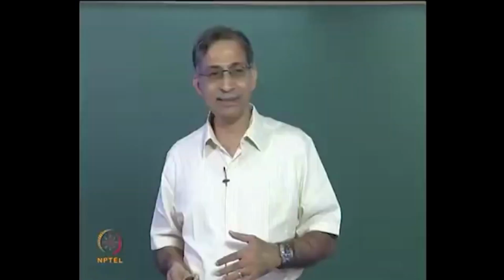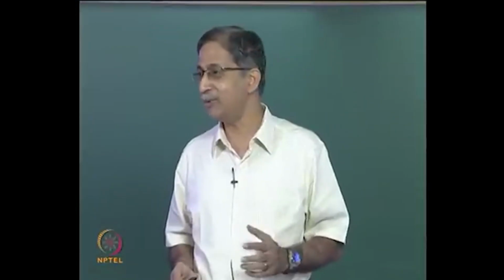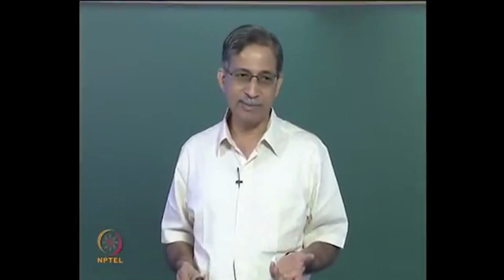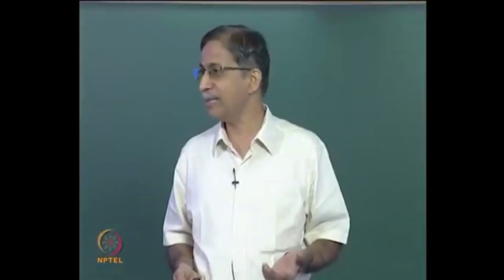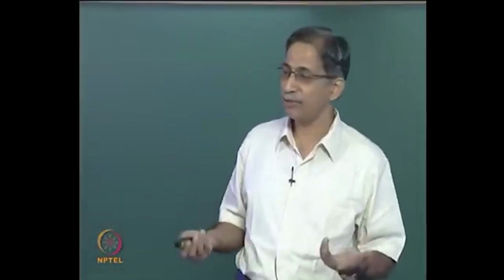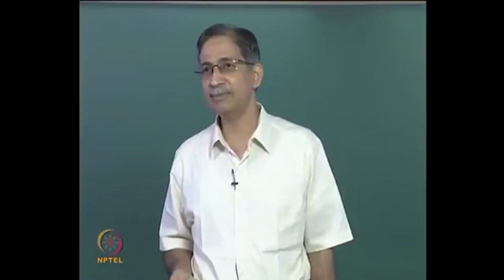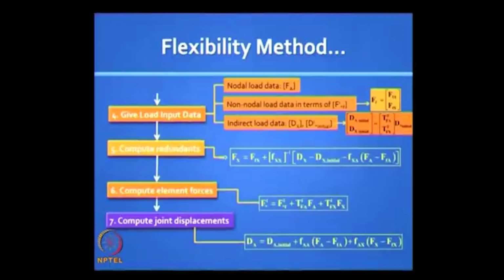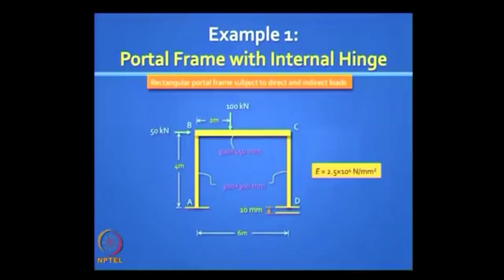In the stiffness method you had no choice, you had to find dA to proceed to get the member forces. Here you do not need to find dA, by solving that second equation you get the redundants. If you can draw the free bodies and get your member end forces, you finish everything. So this is the procedure, the displacements come at the end. Now let us do just one example with and without